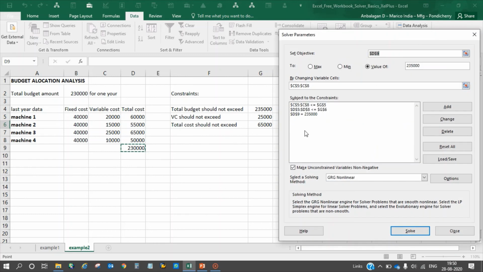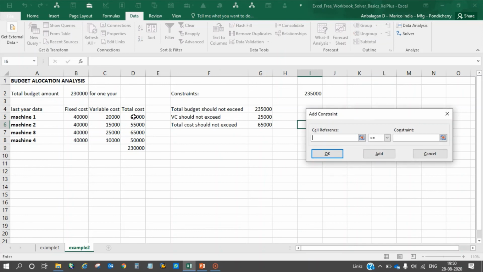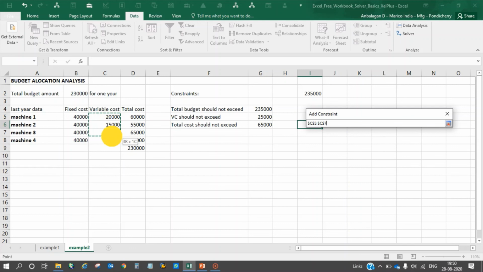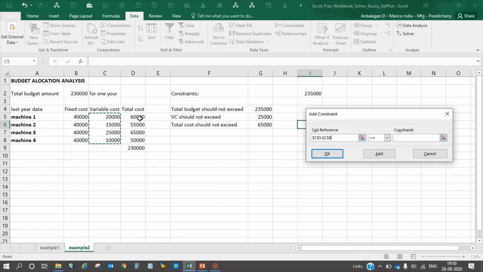So whatever you added is shown here, and I want the data to be integer, not decimal. So I'm adding one more constraint. For the total cost, you cannot use this cell, it is fully used for formulas. So this one plus this one is equal to total cost.